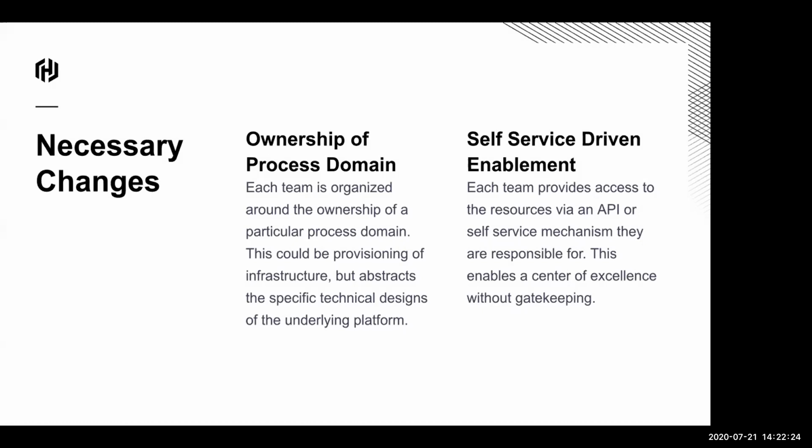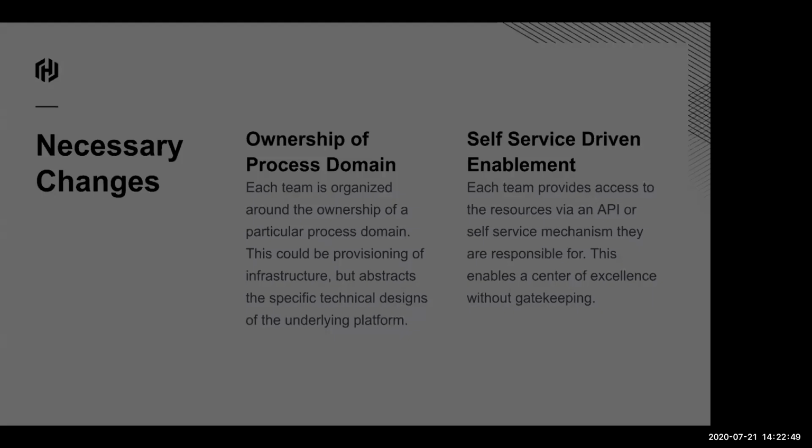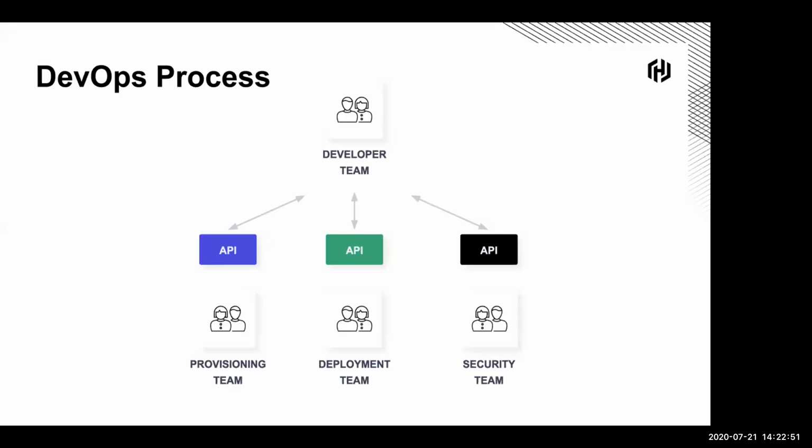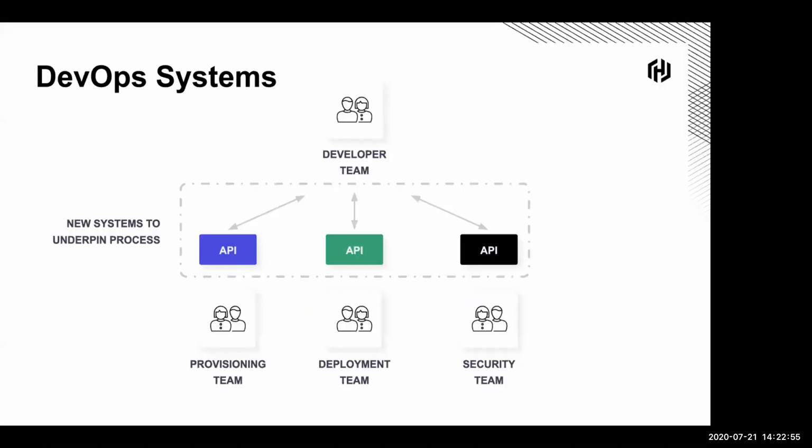And then out of that, they would then drive self-service API access to dynamically build or request the infrastructure that is available to be provisioned. We're talking about security as being another layer of that, and ownership of the process domain. It would be ownership of access control, if you will. Think of it as a workflow around identity and access control and cryptology. So if we're talking about DevOps, this is really the shift that we're talking about,